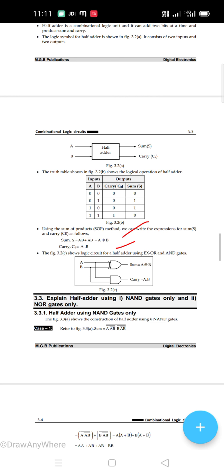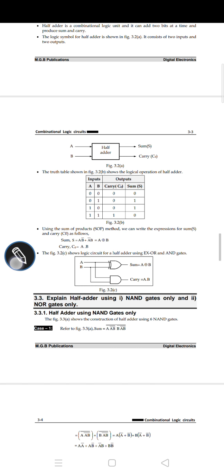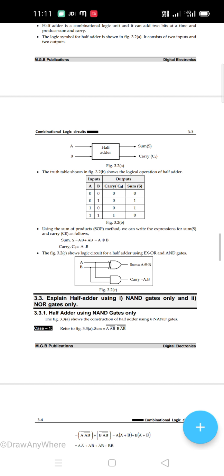And this is the logic circuit of the half adder circuit, which is a very important logic circuit. So in the logic circuit, this is an exclusive OR gate. We are giving two inputs, that is a and b. This is an XOR gate. So in the XOR gate, we are getting the sum a exclusive OR of b, and the same inputs we are giving to the AND gate. A dot b means we are giving the inputs to the AND gate.